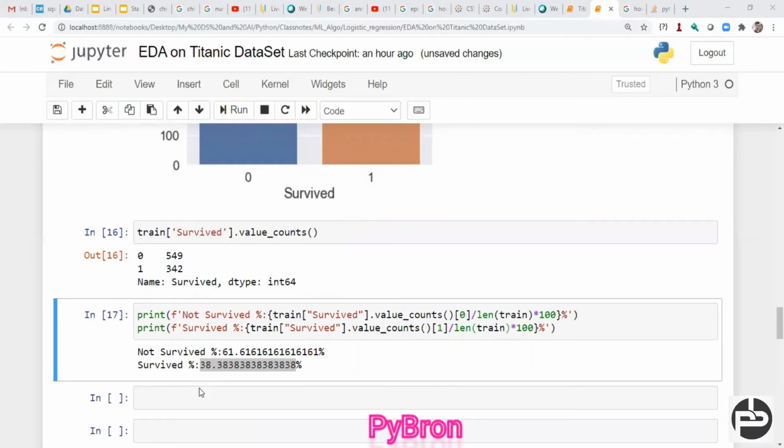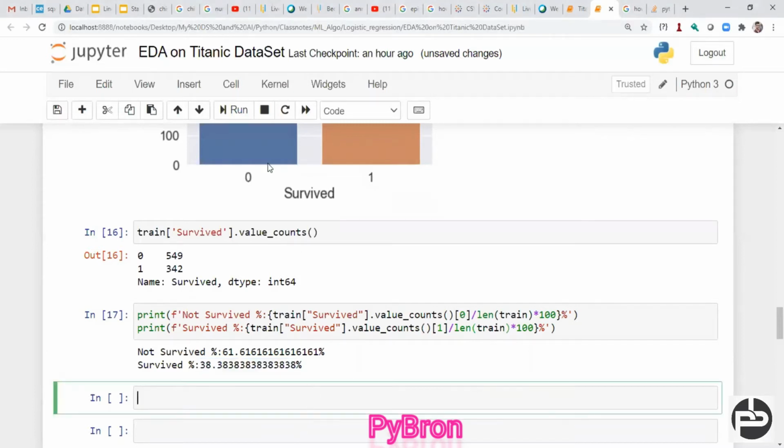Now my question is simple. The number of not survived is more than the number of survived, right? So what is the null accuracy? If you want to incorporate the null accuracy here, you can.